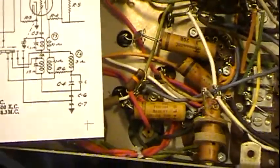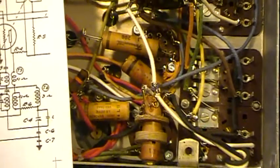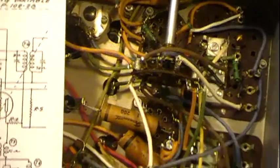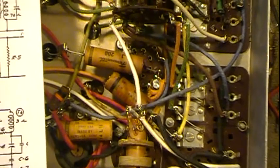Hello guys, I'm back. We're going to go over where I'm at on this radio. Got the band switch in, and that's what we're going to primarily look at today. I wanted to kind of discuss